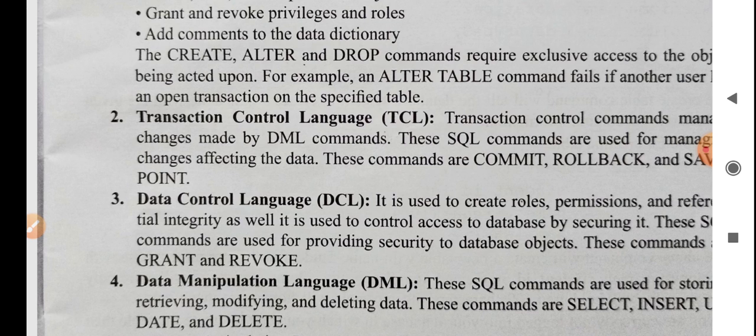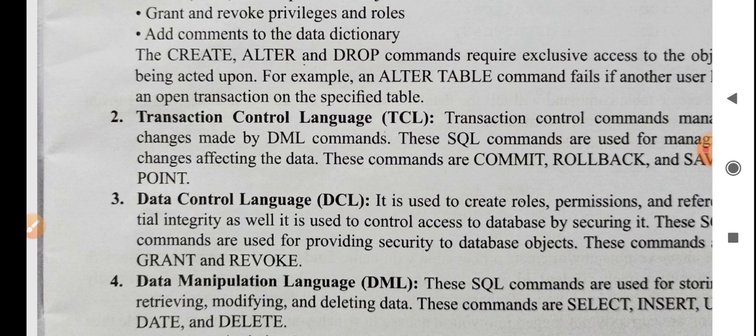The third is Data Control Language. The data control language is associated with the privileges that we provide to the users. When we are creating any type of database, we are giving access to the users. For example, in railway reservation, we are only able to see the chart of a particular train, right?